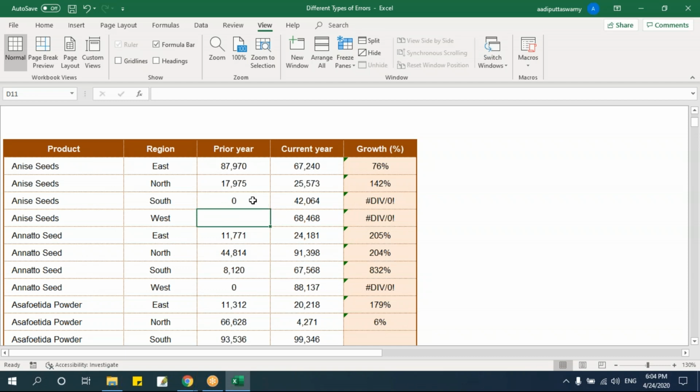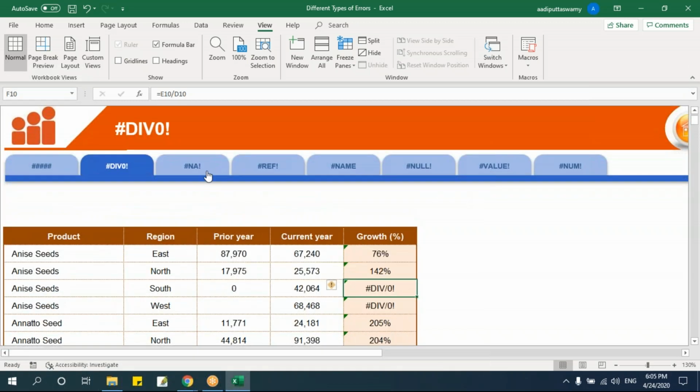I can go here and check why this 0 is there. See, I have previous year data and current year data. Let's say I'm doing a calculation. I cannot always expect there to be sales in my previous year data or current year data. If I'm getting this error, that doesn't mean I have to go and change the number here. It might happen, but what I'll do is apply the IFERROR option we learned in our previous session. But we'll understand why this error is coming. That is because I'm trying to divide a number by 0. That is why I'm getting this division error. So whenever you get this division error, just double click and see if you're trying to divide a number by 0. Fine.